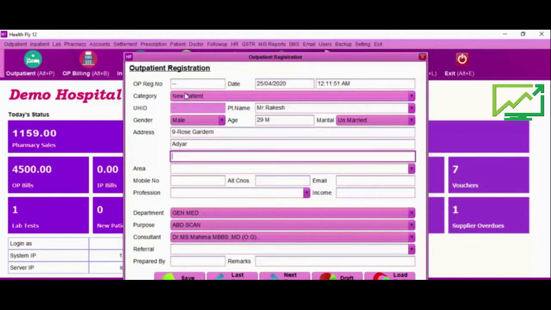These fields are not mandatory. Whatever fields you want, you can enter. The rest, if you don't want, you can just leave. You can do it based on your unique requirements.